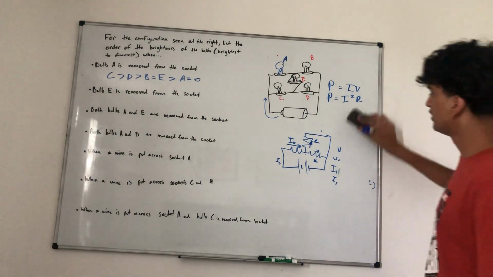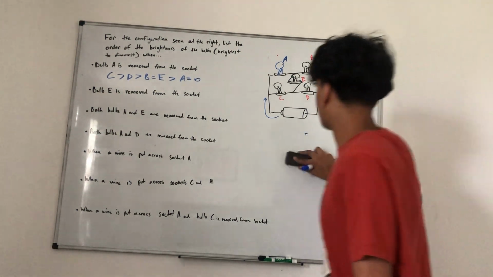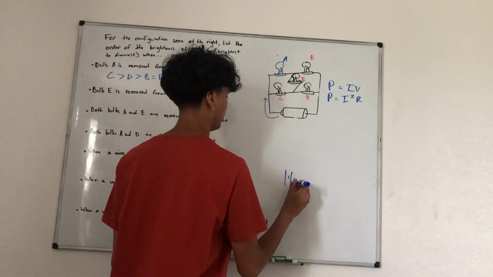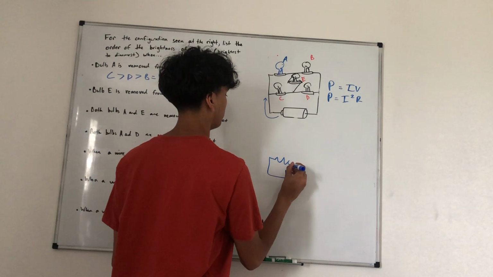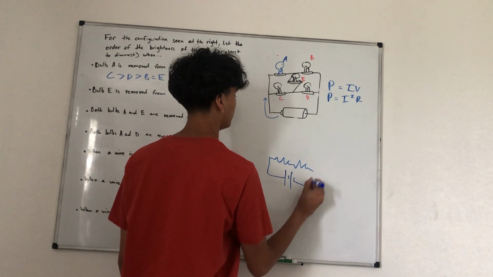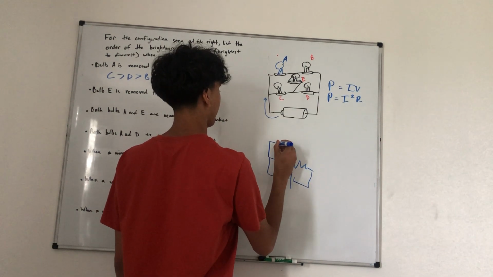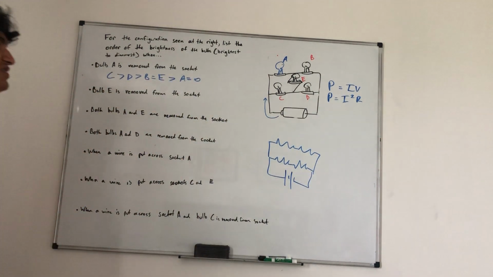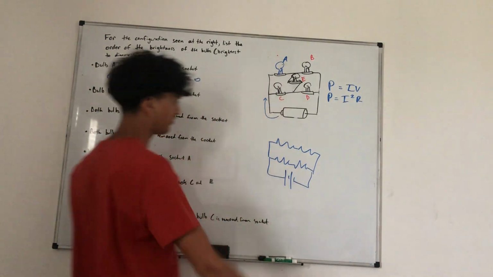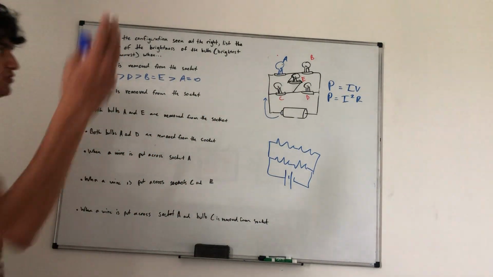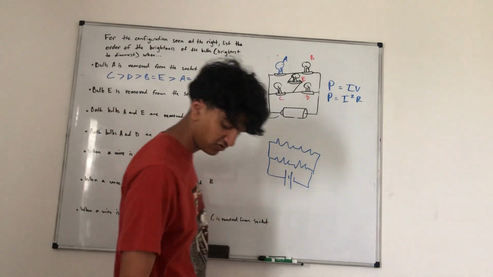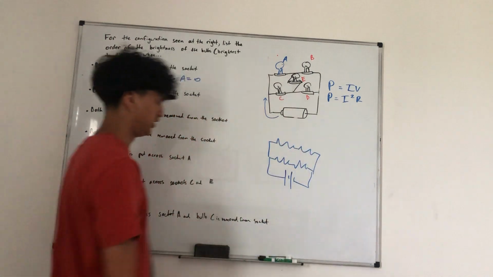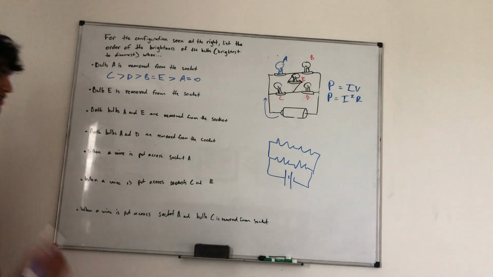So let's draw a diagram where the E is removed from the socket. If I were to think about that, we would have C, D, and then we would have A, B. Okay, so A and B are in series, and C and D are in series. So whatever current C gets, D also gets. Whatever current A gets, B also gets. So I know A and B are going to be equal, and I know C and D are going to be equal. So then it's just a matter of, well, there's an initial current here,